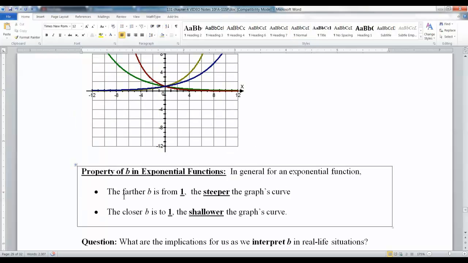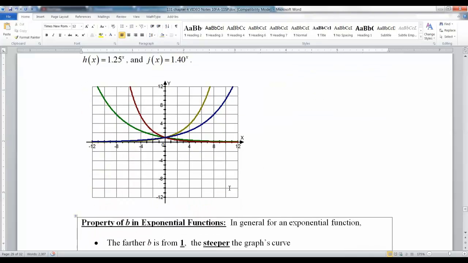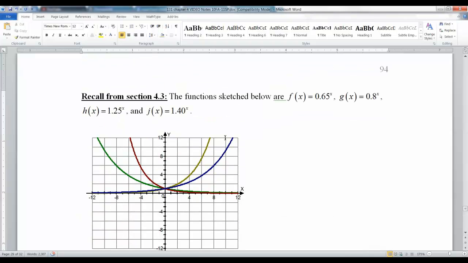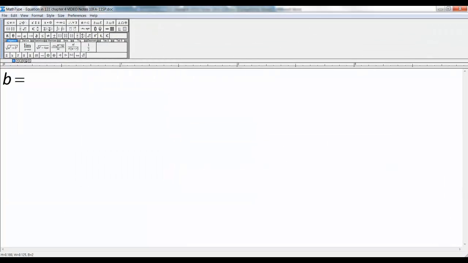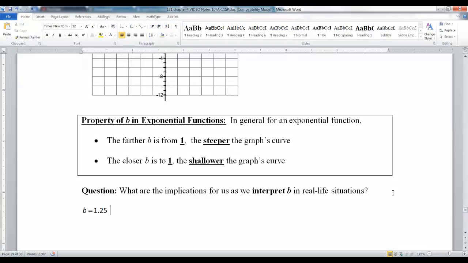All right, so remember we learned all of that, and let me put these in. Oh, and let me also make a note. Okay, remember that if B is greater than 1, so if you have B equal to 1.25, or B equal to